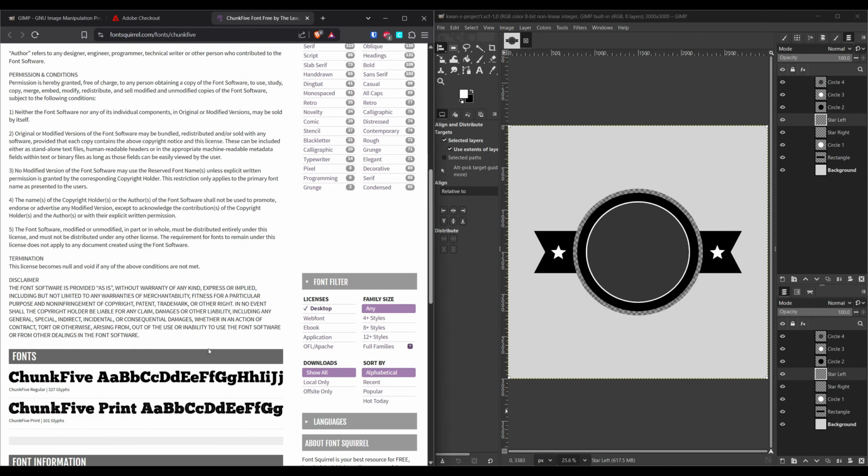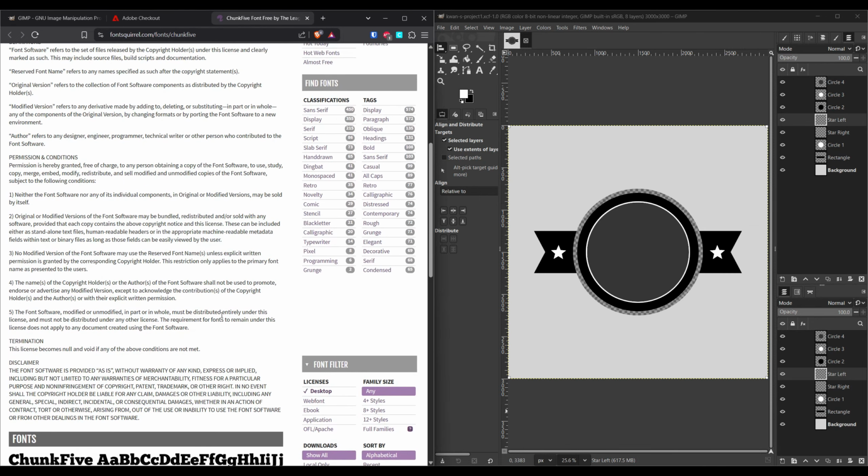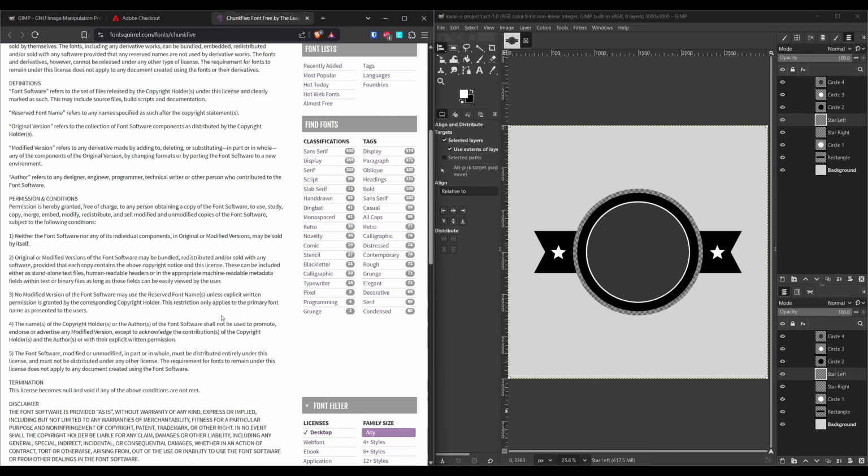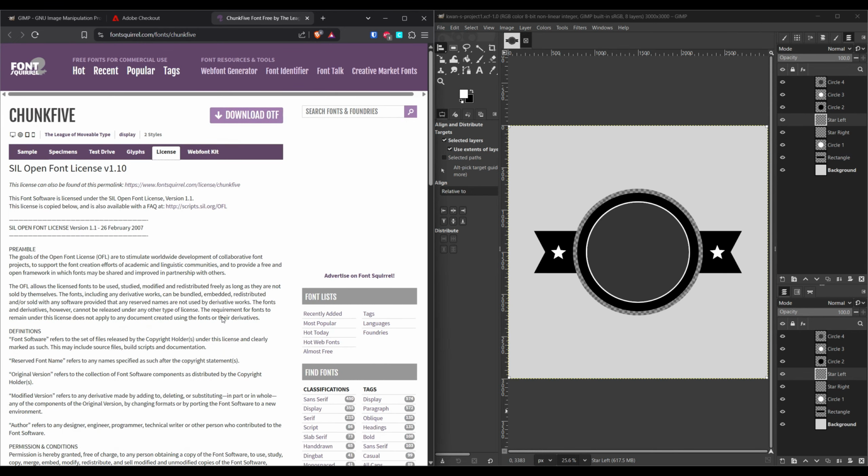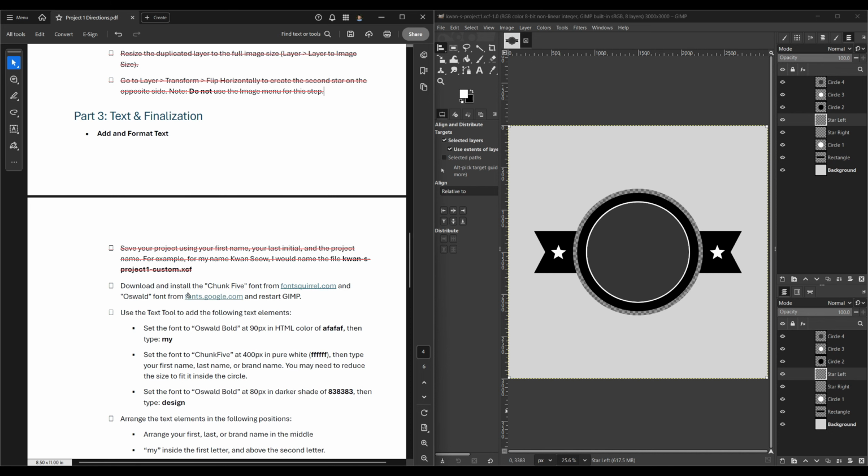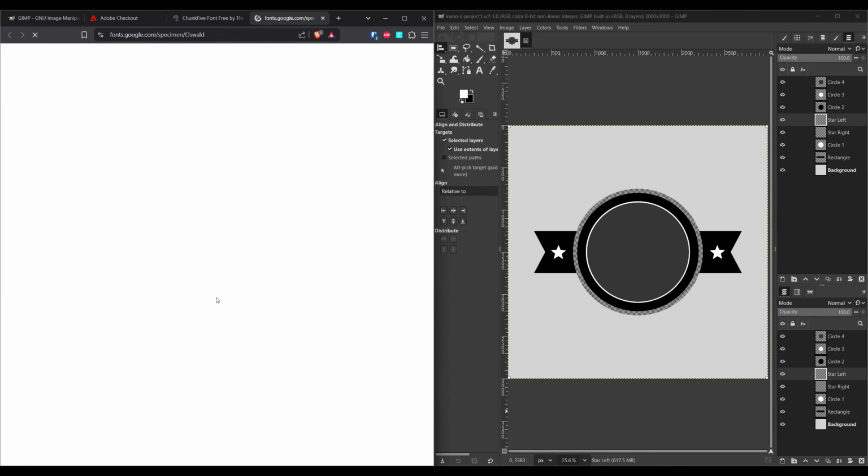Some fonts do ask for a certain percentage. So yeah, it's good to avoid those fonts. Anyways, so this is from chunk 5. Let me go back to our directions here. And then we'll be using a font from Google. So when you click on that,